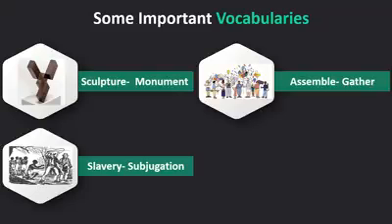Next vocabulary is slavery. Here we find a picture of a slavery. That means subjugation. Slavery is a state of being slave. Slavery অর্থ হচ্ছে দাসত্ব করা।